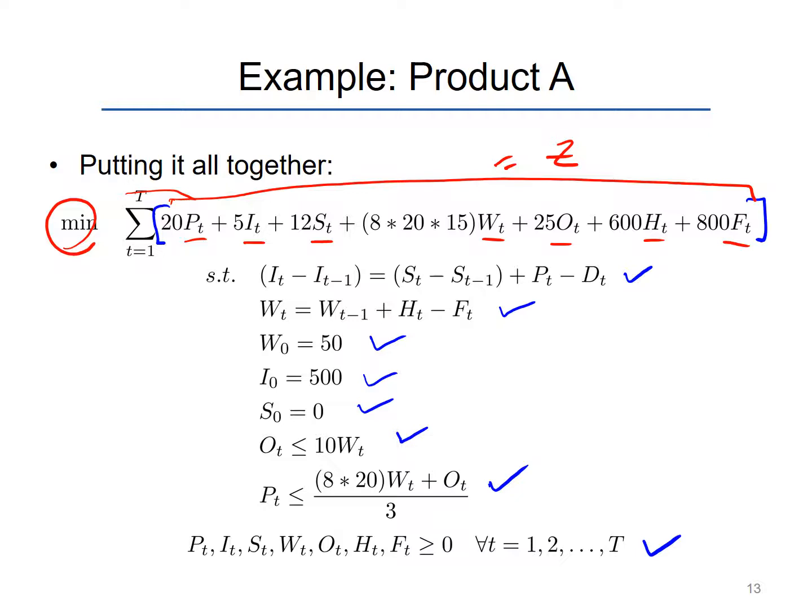So there's actually 6 PTs and 6 ITs. So there's actually a 1, 2, 3, 4, 5, 6, 7. There's going to be 42 variables in this problem. So I'm telling my solver, change those 42 variables such that you minimize Z, this summation, while satisfying all of